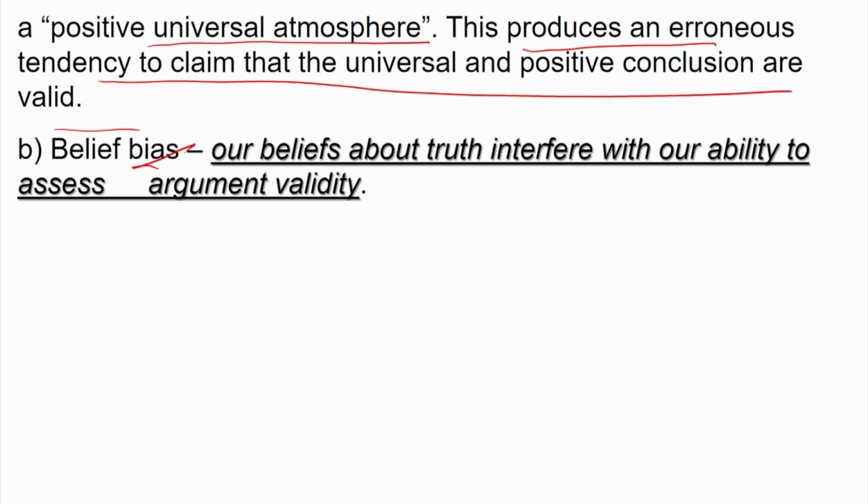And so, these negative atmospheres, or this kind of error, can exist. The second kind of error which can exist in syllogistic reasoning is belief bias. So, what is belief bias? Our beliefs about truth interfere with the ability to assess the argument's validity, and that is what I have been telling you. Our belief system tells us that professors are not comedians, and so there itself we make an error. What we need to do in syllogistic reasoning is look at validity and not the truth conditions,